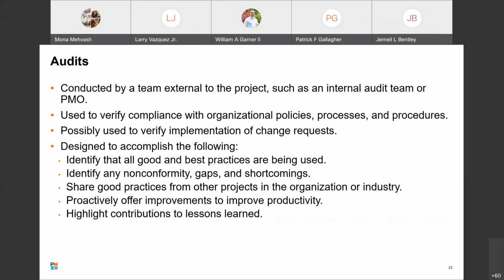Is there anyone on the call that has an agile project, or is an agile project manager, or is on a Scrum team, or is working software development? Jamel, let me follow up on that one, please.